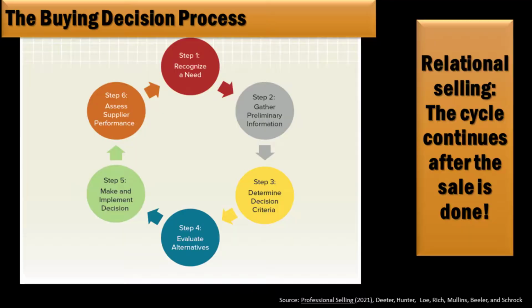Once they set out the criteria that were used to make a decision, they may go to evaluating the alternatives in the fourth step, saying, okay, here are the different choices that we might make. And then they're going to make and implement some decision. They implement whatever that is. And then they're going to assess the performance, right? How did that work? And then they start all over again.